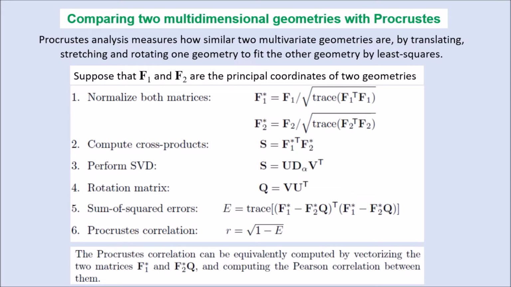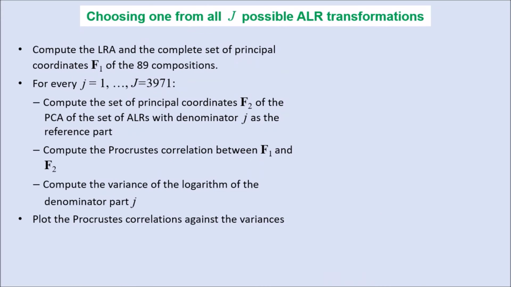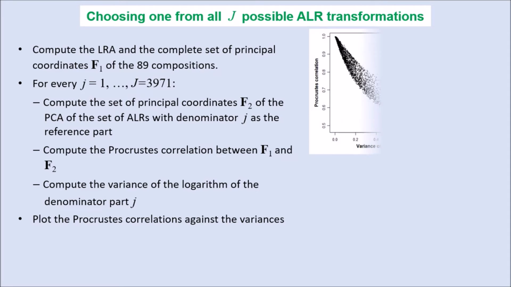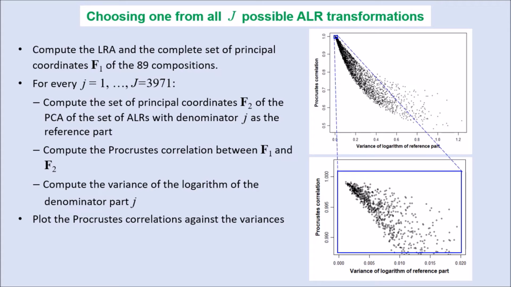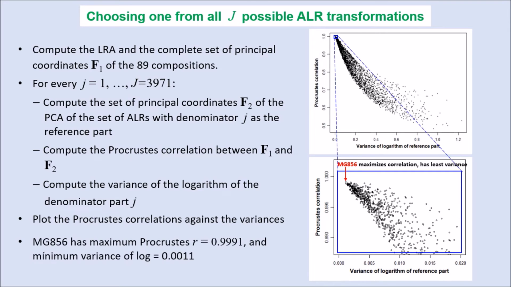So every set of possible ALRs is computed, and there are 3,971 of them, and two important statistics are plotted against each other: the Procrustes correlation versus the variance of the logarithm of the reference part. In this case, we have a double success, since the highest Procrustes correlation and the minimum variance of the log reference part are achieved for the same microbial gene,